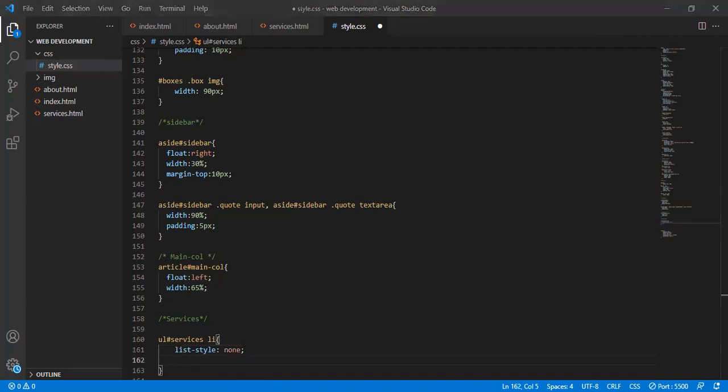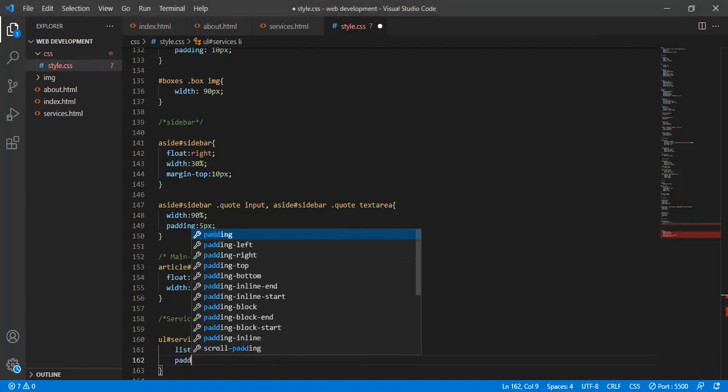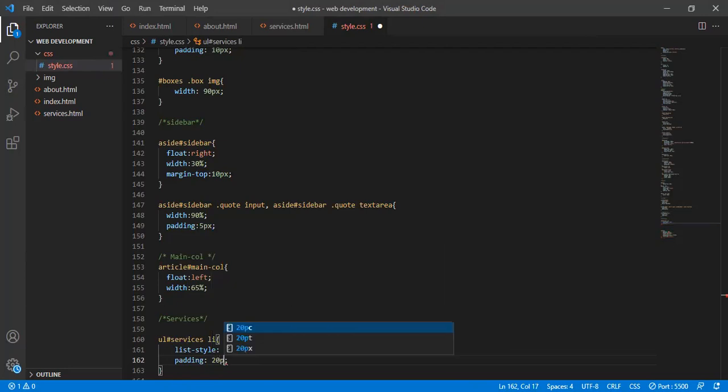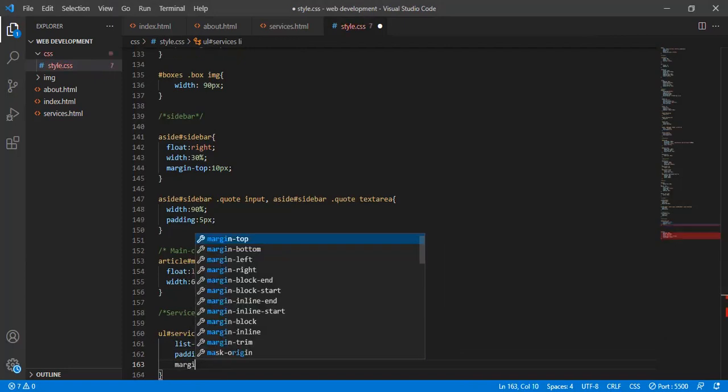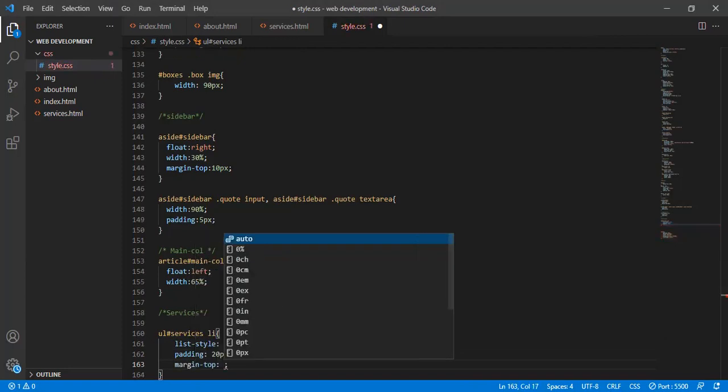Thereafter, give it a padding of 20 pixels. Let's give it a margin top of 20 pixels. Sorry about that. So margin top, 20 pixels, and then